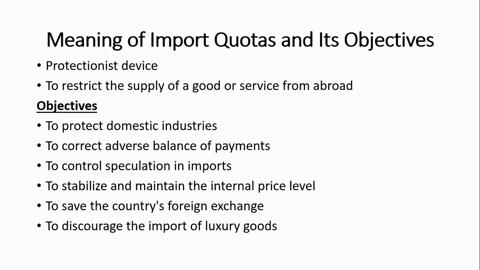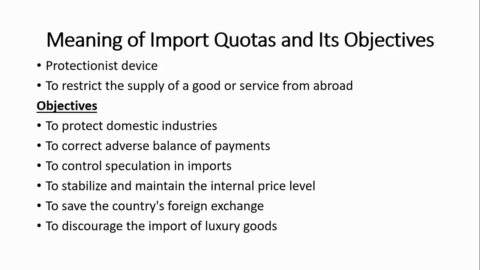So it may be sold either to importers at a competitive price or on a first come, first served basis. Alternatively, as an alternative to this import licensing, the government may also limit the value of imports by providing the importers with a limited amount of foreign exchange that may be used for the purchase of a particular commodity to be imported by them. So the aim of the import quota is restricting and regulating imports.